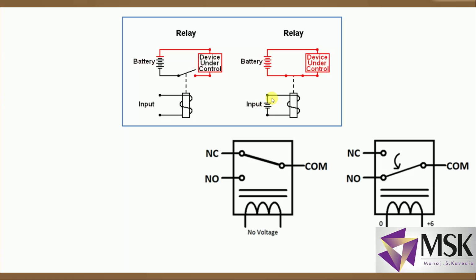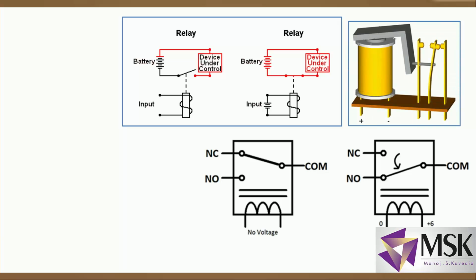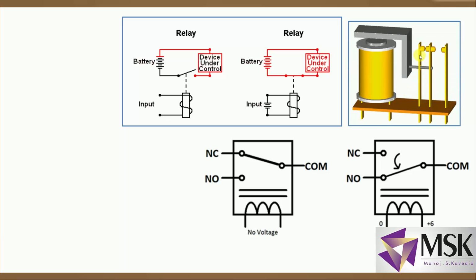But to the coil I have to give a low voltage. Now this low voltage in this diagram I have given with battery. But when I am using a programmable device like Arduino, then this voltage can be generated with Arduino. So that we'll be seeing in our other video lectures. So let's see this concept with animation.